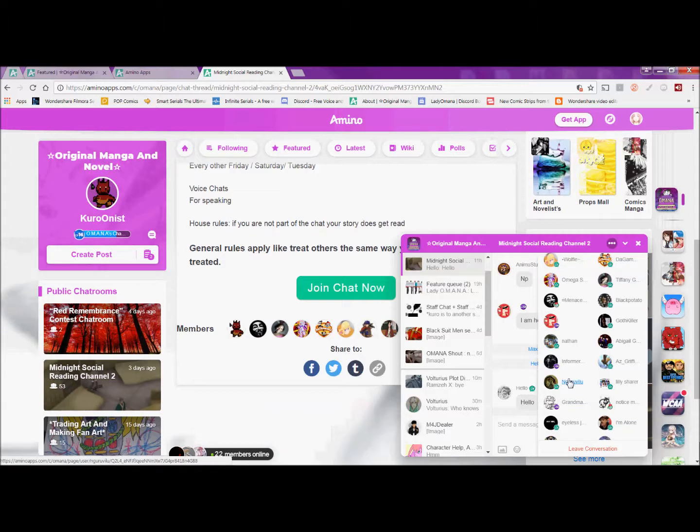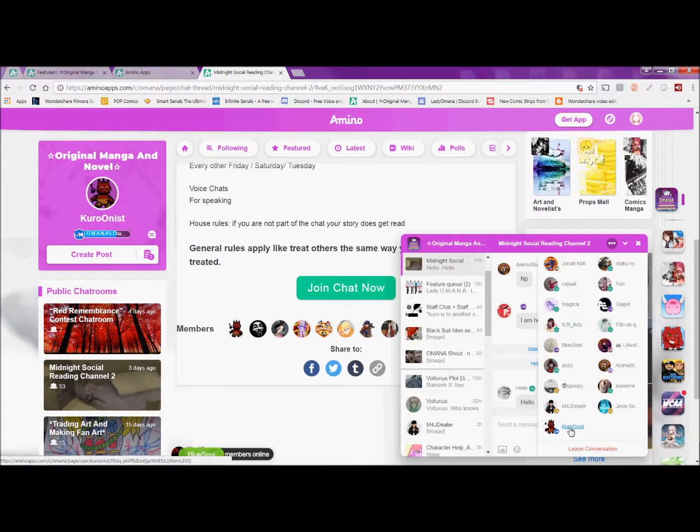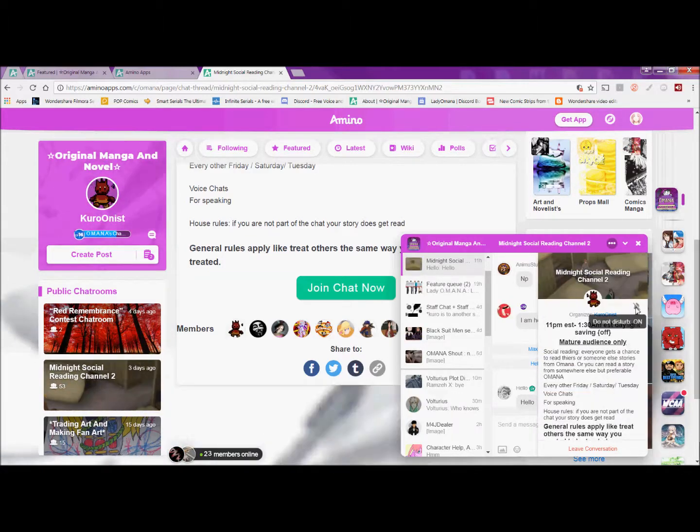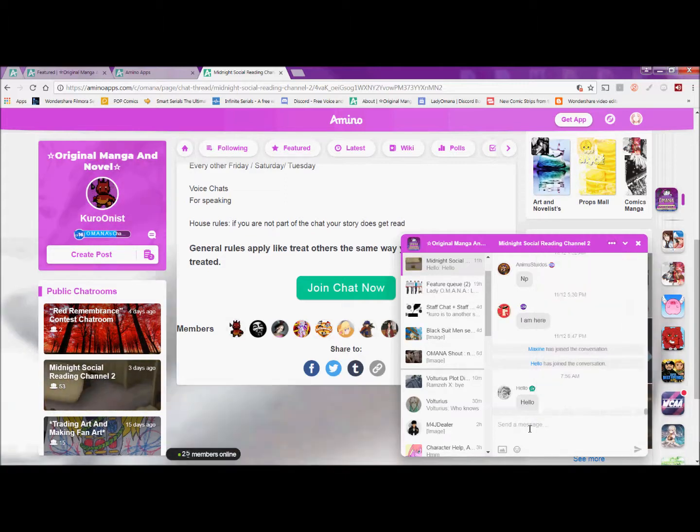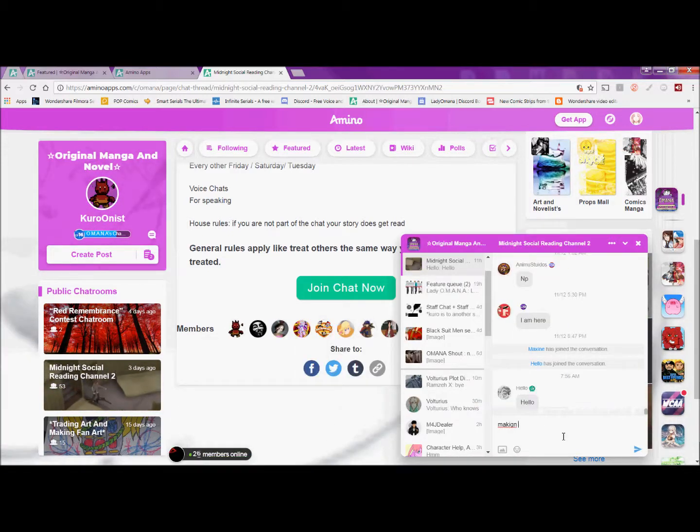As a mod or a leader, you can't kick anyone out. It doesn't give you the power to do anything like that. So anyone that's in this chat has to be removed by phone. This is just a way so you can easily, if you're at home, or maybe at a library, or somewhere where you have computer access, you can just easily type and say hello, what's going on, or say making